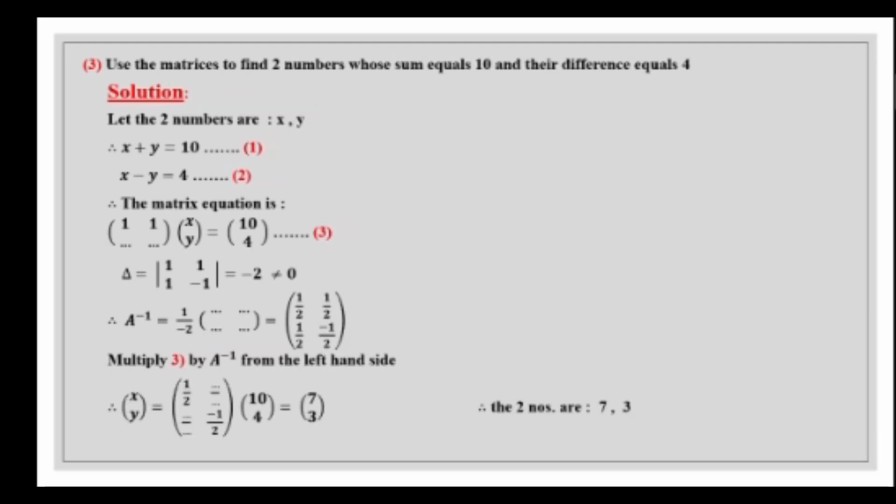Therefore, the matrix of the variables x and y will equal half, half, and half, negative half multiplied by the matrix of the constants, which is 10 and 4. After performing this multiplication, we will get the matrix 7 and 3. Therefore, the two numbers